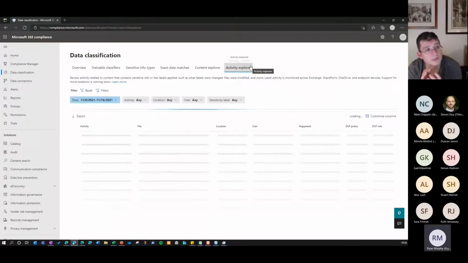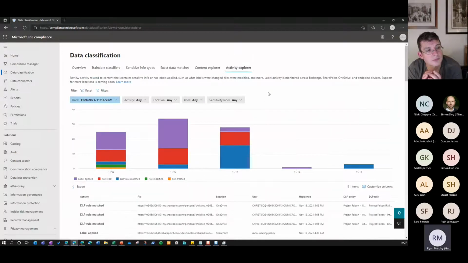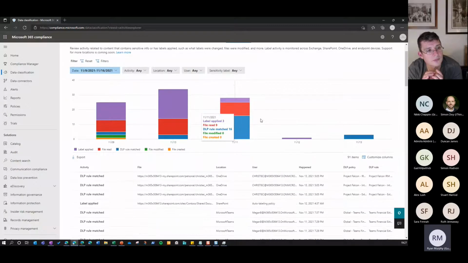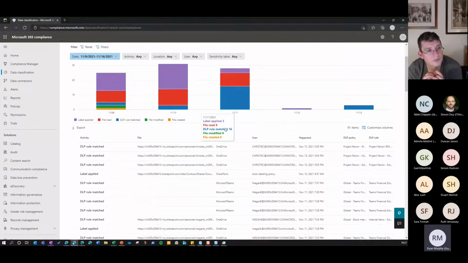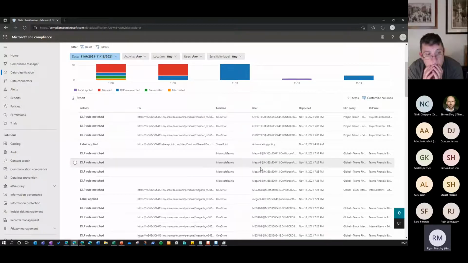Let's take a look at Activity Explorer. Activity Explorer gives you, as it states, all the activity in your environment, okay? So anybody's matched the DLP rule, anybody's applied a label to a document, whether that be via an auto-labeling policy or manually, whether somebody's downgraded a label from highly confidential to confidential or from highly confidential to public, it will